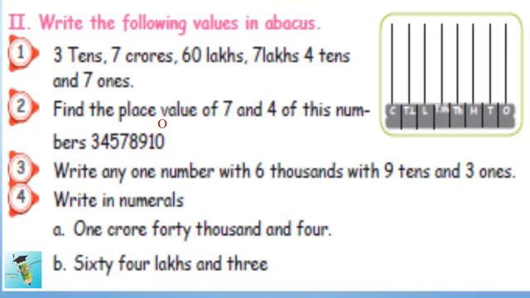Write the following values in abacus. So first sum, 3 tens, 7 crores, 60 lakhs, 7 lakhs, 4 tens and 7 ones. So according to this, we are going to insert beads in the abacus rod on our side. Okay. What is the first one? 3 tens. So in tens column, I am going to insert 3 beads. Fine. Next is 7 crores. So in crores column, I am going to insert,